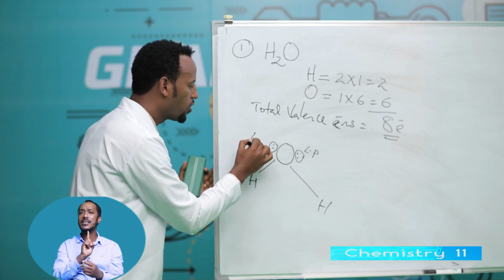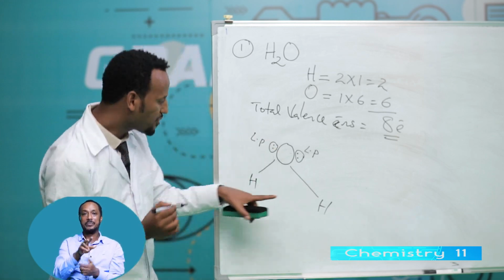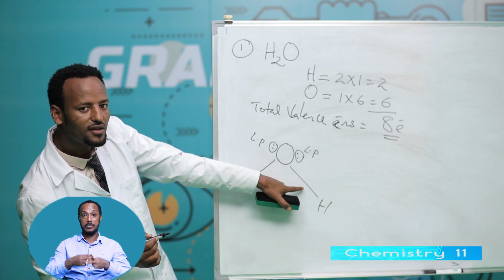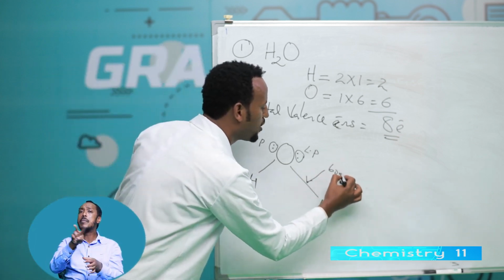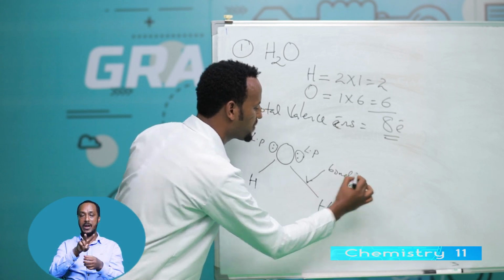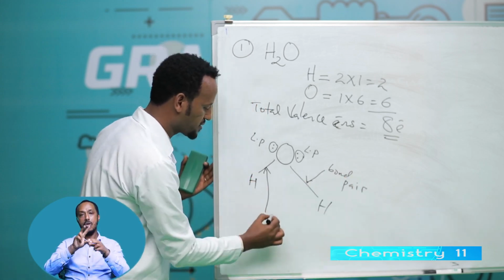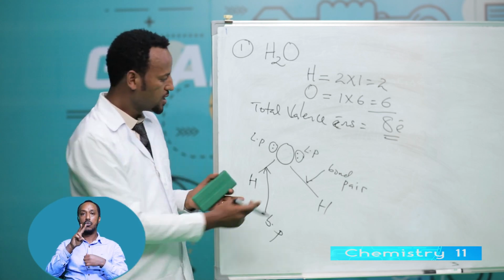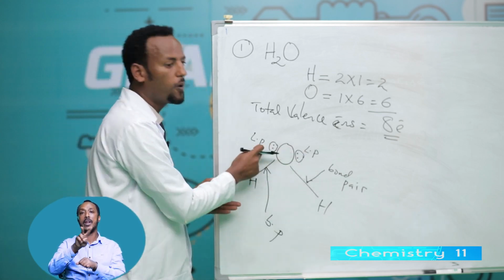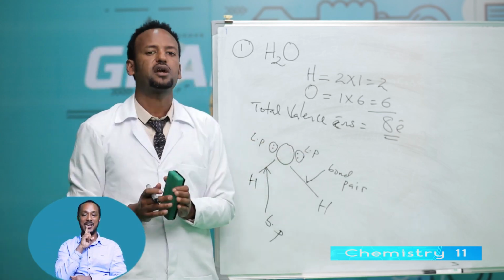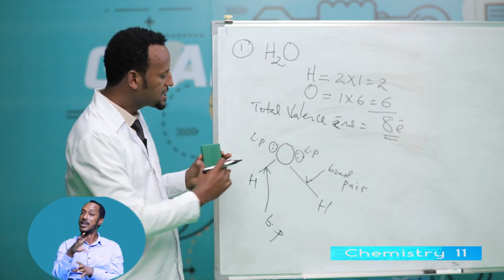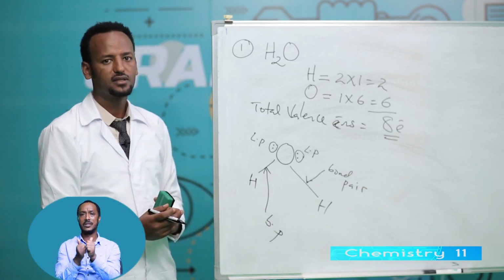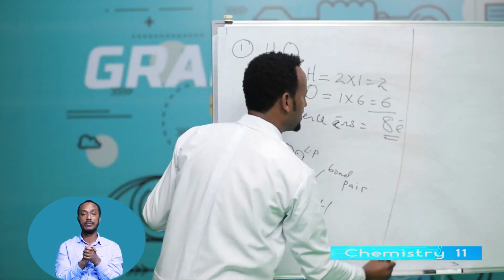This is also lone pair. What about this one, student? Excellent. This is a bond pair. This one also bond pair. How many bond pair? 2 bond pair, 2 lone pair. Lone pairs are not participating in chemical bonding. Therefore, 2 bond pair, 2 lone pair. Therefore, this is the Lewis structure of water. Another example,